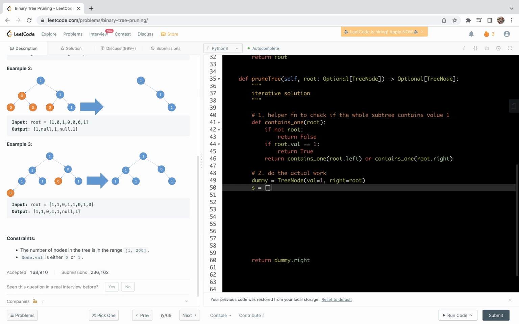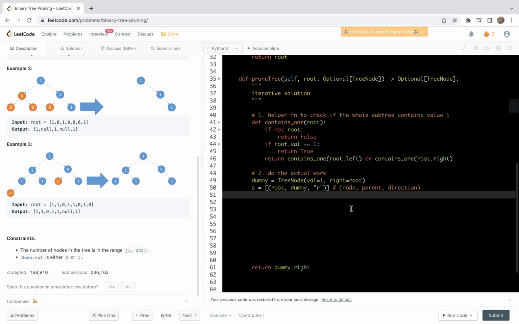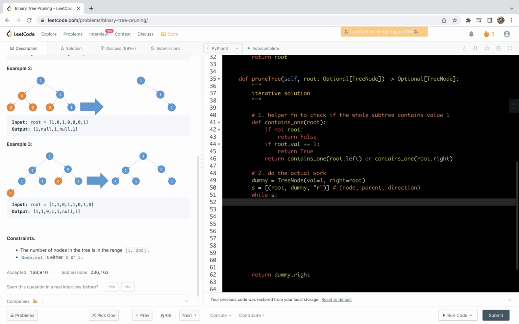First, I'm going to initialize a container. It's a stack. I'm going to put a tuple in it: root, its parent, dummy, and the direction. Let me make some annotations. Here it's a node, its parent, and the direction. The direction tells us if the node is a left child or right child of its parent. For example, here the root is a right child of the dummy, right? So this is what we intended to do. Next, we are going to do the traversal, and in between we are going to do the removal. First, I'm going to get the node, the parent, and the direction,